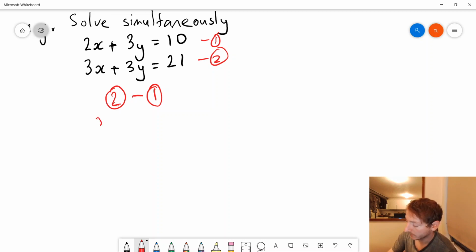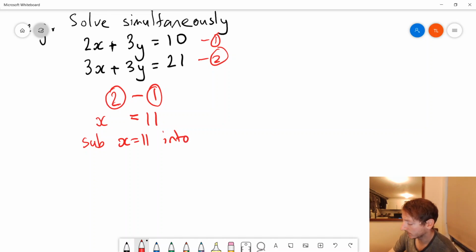3x minus 2x is just 1x, or we can write x. Plus 3y minus plus 3y is 0. 21 minus 10 is 11. Well, that was easy. x is 11. Sub x equals 11